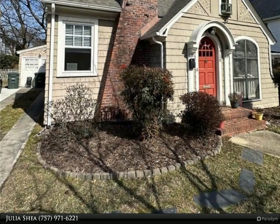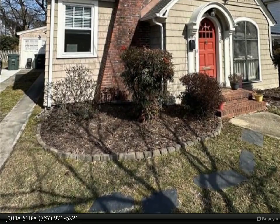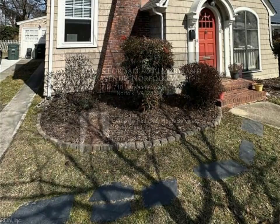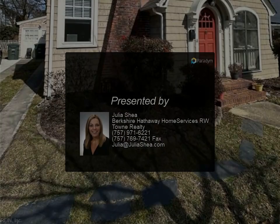Many recent updates including new plumbing 2024, widened driveway 2023, new windows, gutters and gas fireplace 2021. HVAC replaced in 2020. Just minutes from countless shops and restaurants on Colley Avenue, this one is not to be missed. February 24, 2025 for more